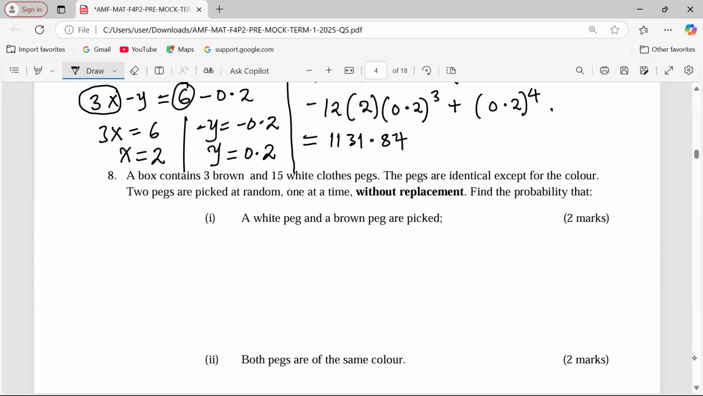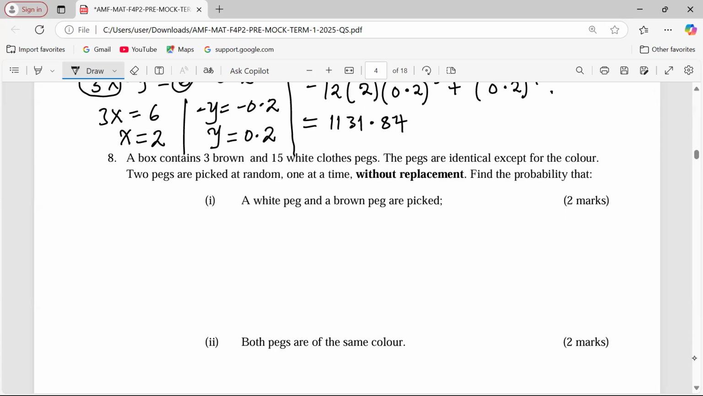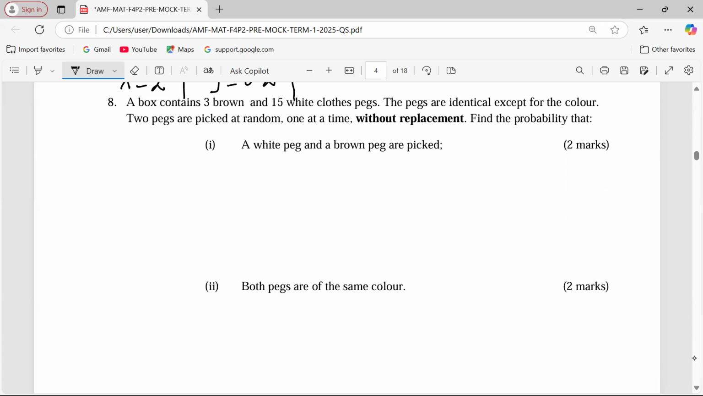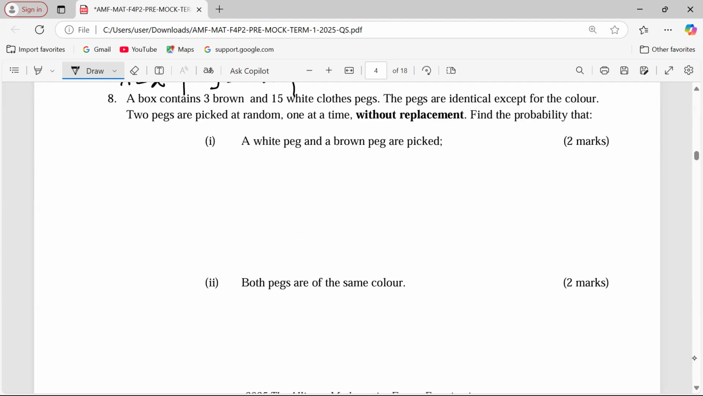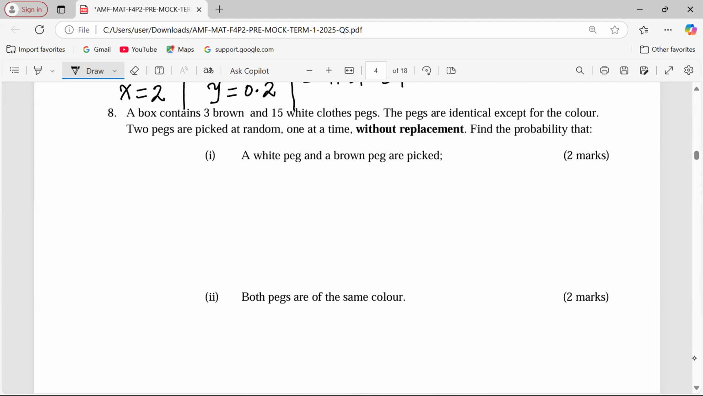Number 8 is on probability. The question says, a box contains 3 brown and 15 white cloth pegs. The pegs are identical except for the color. 2 pegs are picked at random, one at a time without replacement. Find the probability that, part A, a white peg and a brown peg are